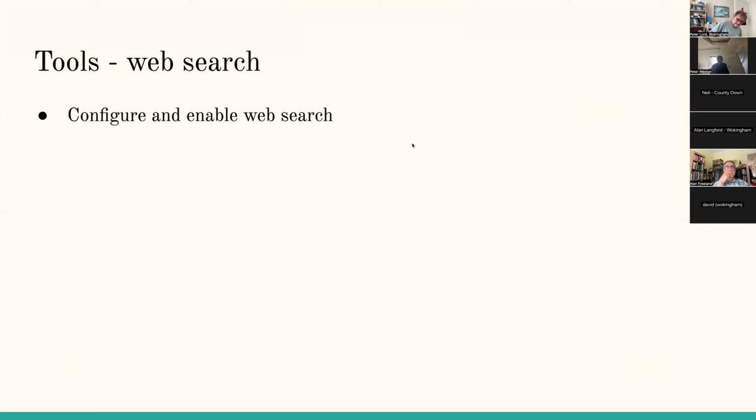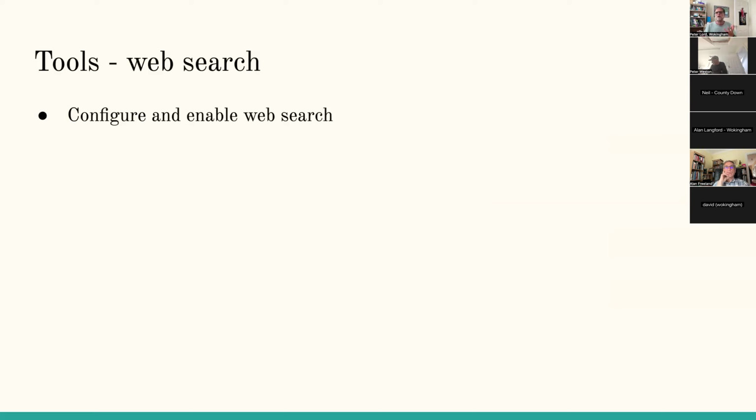Okay, so there is this thing of tools. Tools is a feature of large language models that requires cooperation between both the client and server. So the model needs to support tools, as does the client that you're running. In this case, it's Open WebUI. One example of a tool is web searches. Large language models by themselves aren't internet connected. They've been trained up to a particular point in